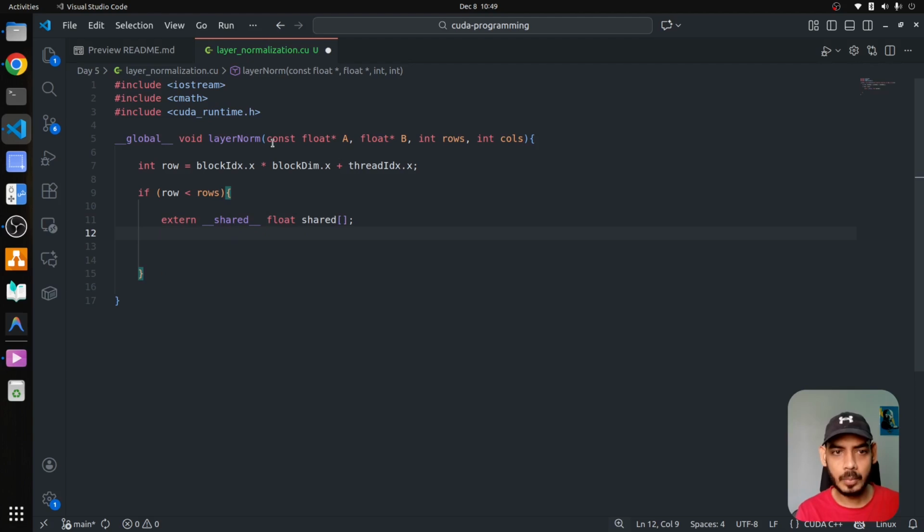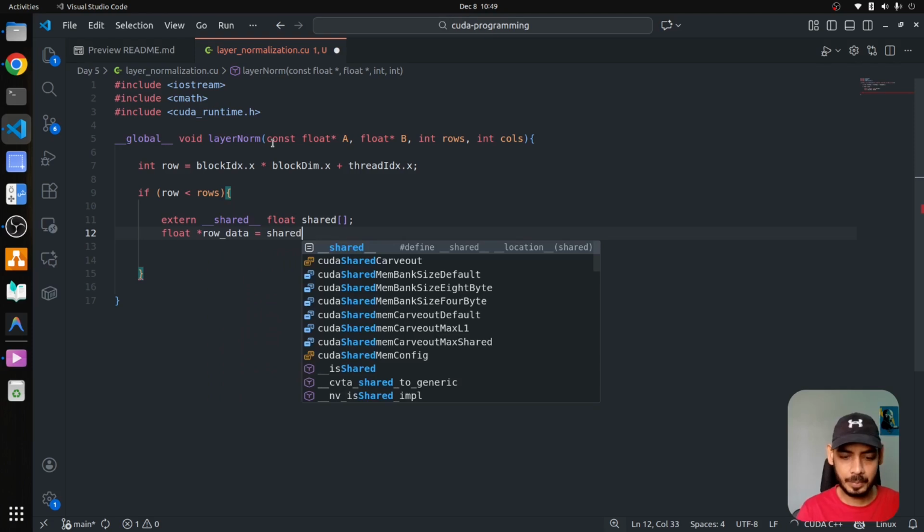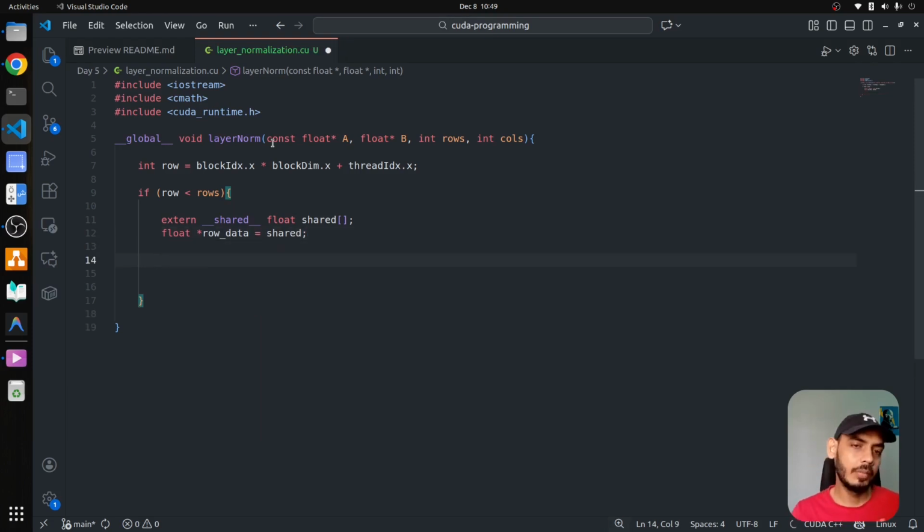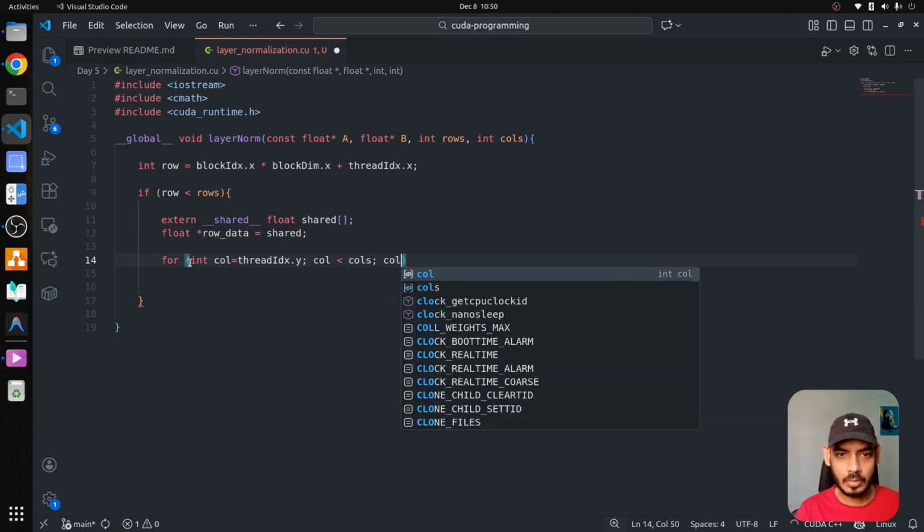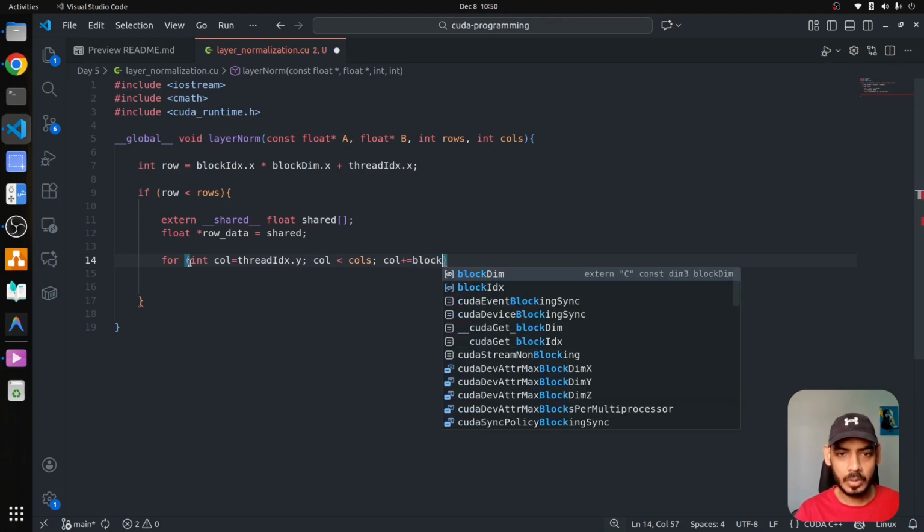Now we want to have a pointer to this specific shared memory location. So we create a pointer variable row_data is equal to shared. This will contain our data, so we want to move this data to the shared memory location. For that, we first iterate through: int cols is equal to threadIdx.y; cols less than columns; then cols plus is equal to blockDim